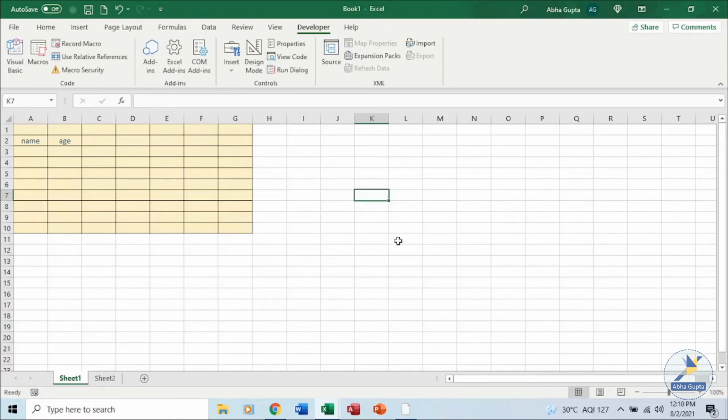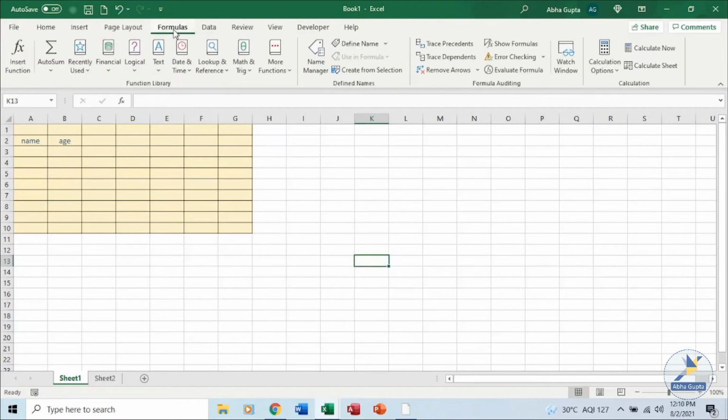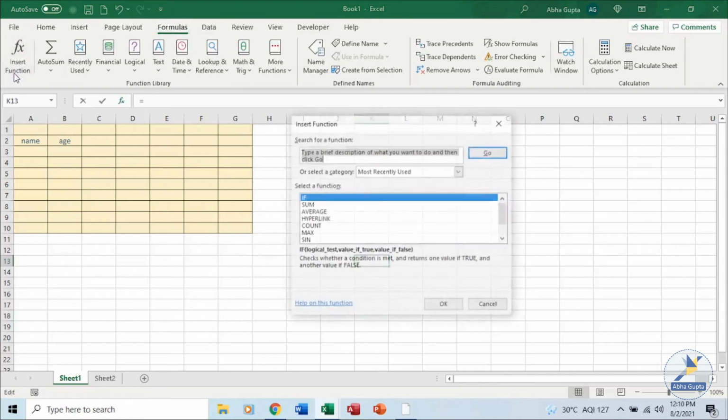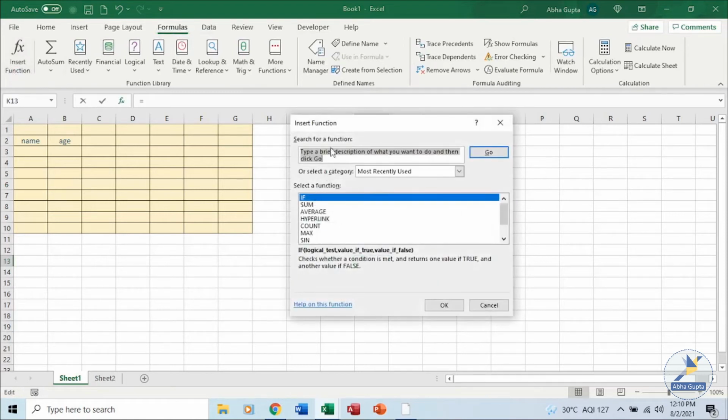The function which you create using your editor is inserted in the formulas. If I click on formulas and go to insert function, you can see all the functions over here. From here you can select a category and then choose the function, whether it is a financial function or logical function or a lookup function. The functions which we create come under the category of user defined functions.